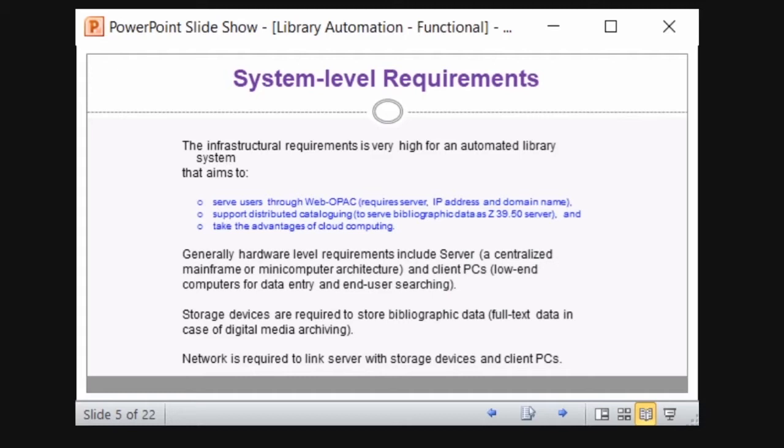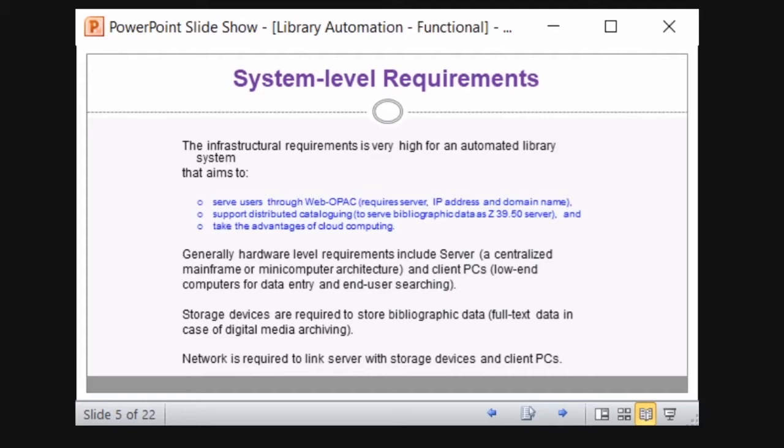So the configuration should be high based on the parameters and the services you are going to use, and support distributed cataloging. Your catalog can be shared and distributed across different libraries, taking advantage of cloud computing, because you are storing the data on the web, in the cloud. If you are going to implement these aspects, the configuration should be very high. So you should keep a proper aim for implementing library automation.